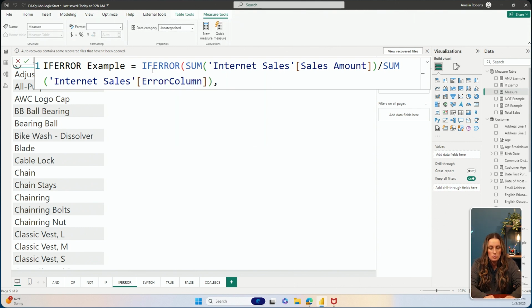I want it to just put a blank. So I'm going to put blank. Now I am done with my IFERROR function. I have all the parts to it, so I'm going to finish this off by closing that parenthesis. So now we're going to hit enter at this point,